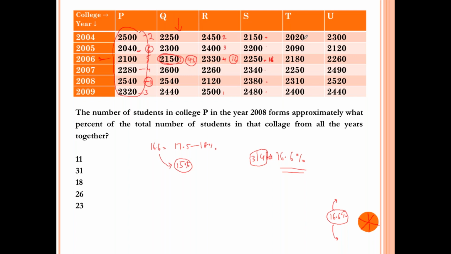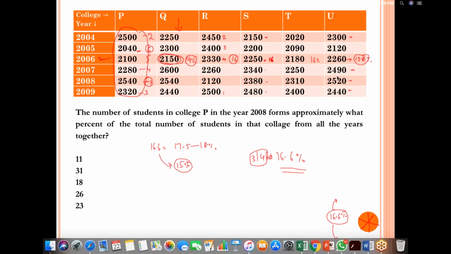And here we see the value is again increasing continuously. This will be approximately 16%. Here value is, this is my highest, 1, 2, 3, 4, 5. So this is fifth number. My percentage would be around 15.5% or maybe 15%, right? Okay, clear to everyone. Right. Shall I move to the next question? I hope you enjoyed this concept.